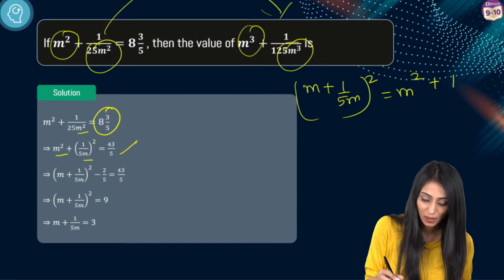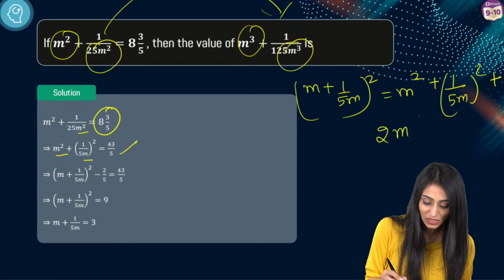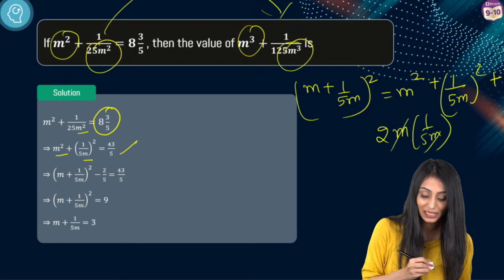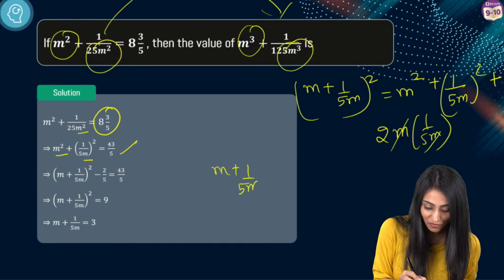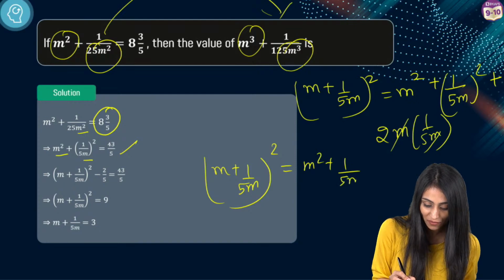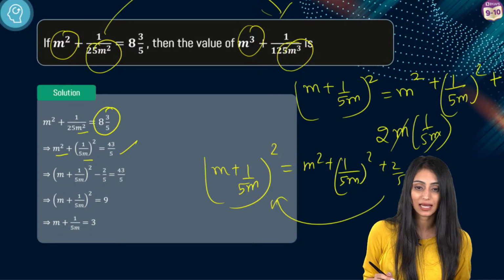It's m square plus (1 by 5m) whole square plus 2 times m times 1 by 5m. The m will cancel out. So what do I have here? I have (m plus 1 by 5m) whole square equals m square plus (1 by 5m) whole square plus 2 by 5. Now if I take 2 by 5 to the other side,